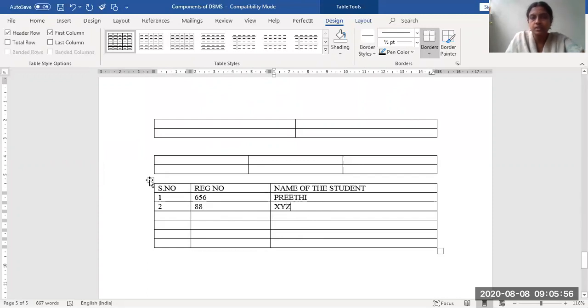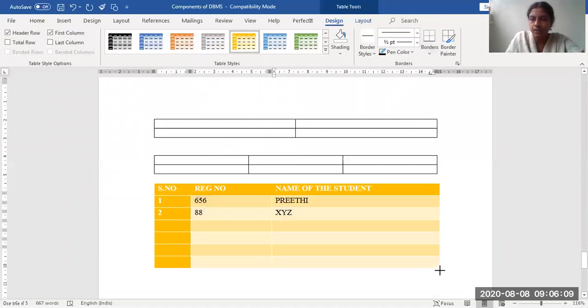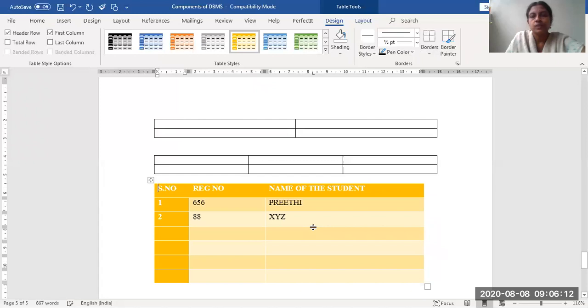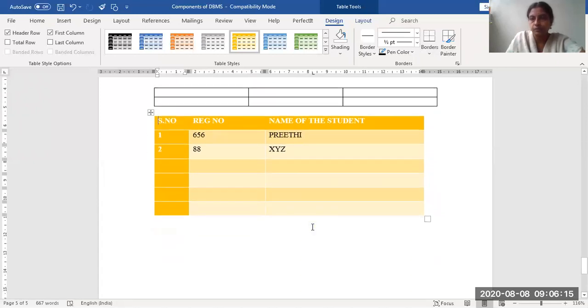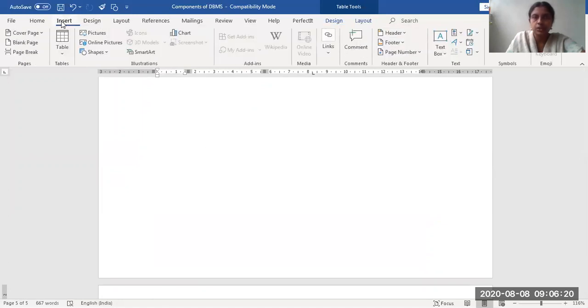One more speciality is designing it. Just select the table, and if you go to the Design option, there are varieties of design formats already available here. Select it, your designing is ready. You are not going to put any effort into background colors and other things. The system will design it and give it to you. So in today's session, we have discussed the Insert tab: how to insert pictures, how to use shapes, how to use tables, and other things under this tab. Next, which we commonly use, is header and footer.